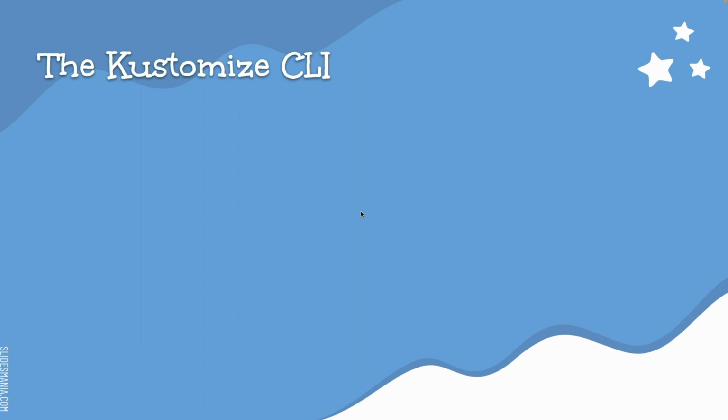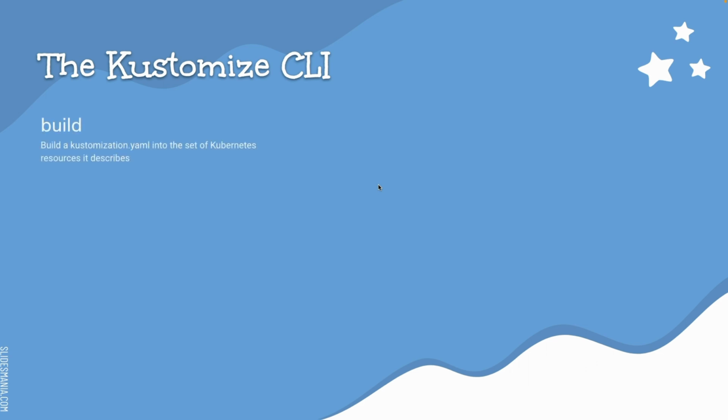So in this video, we're going to be talking about Kustomize CLI. Now, Kustomize has a good number of command line options or flags that we can use on the terminal to be able to customize, create, or modify resources, just like we have in the customization file. And in this video, we'll take a look at a good number of them, starting with the build command, which